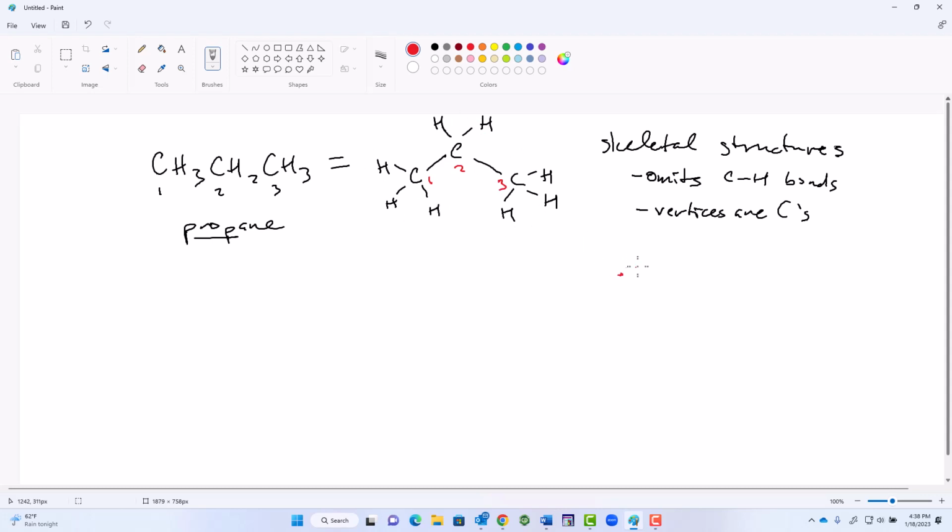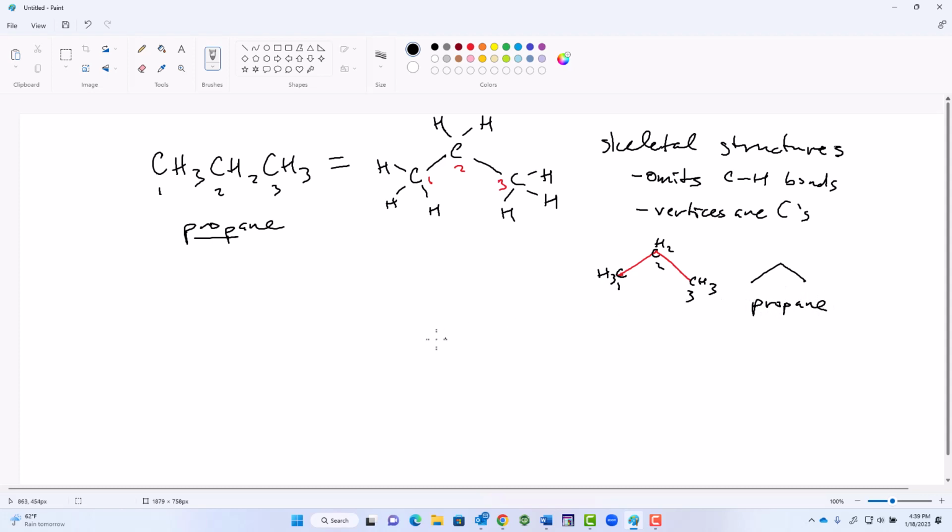So I'm going to have a single point connected to another point. That's going to be my middle carbon, and I'm going to have a third point off to the end. So this structure, if we see this in the context of organic chemistry, we would be able to say, okay, we have 1 CH3. Remember, every carbon has 4 bonds to it, since carbon has 4 valence electrons. So we can assume that there's 3 hydrogens at this point since we've only drawn 1 bond. So we can assume this is a CH3. This would be a CH2, since we have 2 bonds drawn, and this would be a CH3. So we have 3 carbons. So if we just see this structure, we know in the context of organic chemistry that we are looking at